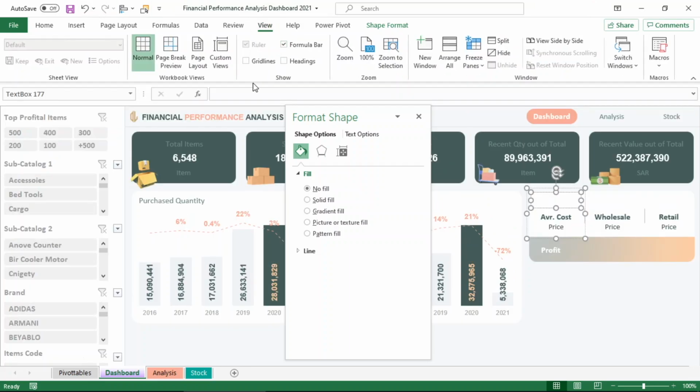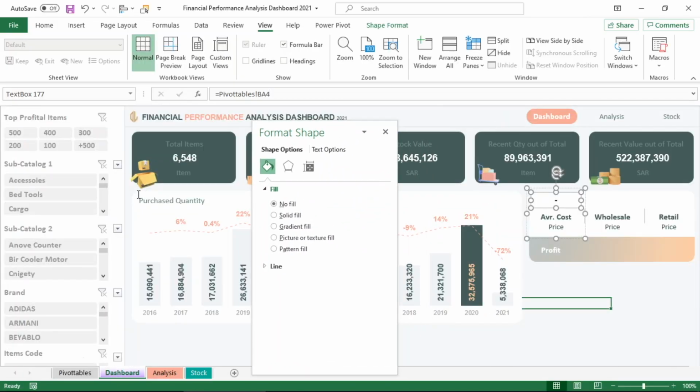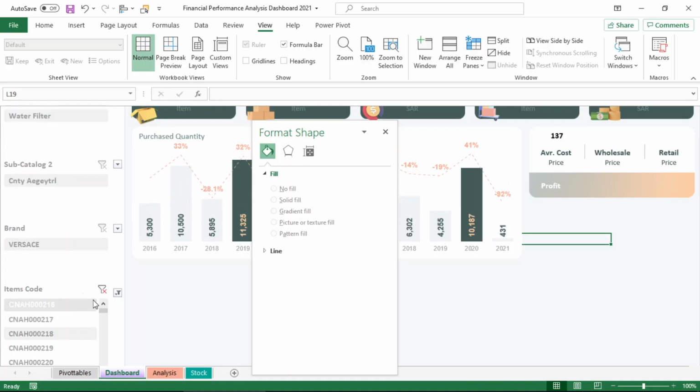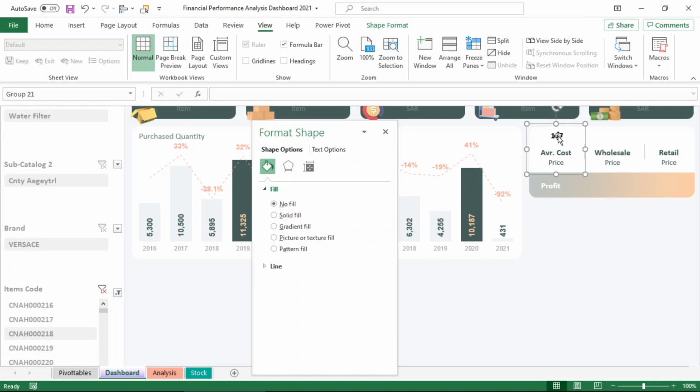Now we will connect each text box with its correct value in the pivot table. Perfect. As you can see now, the values appear only when choosing a specific product.